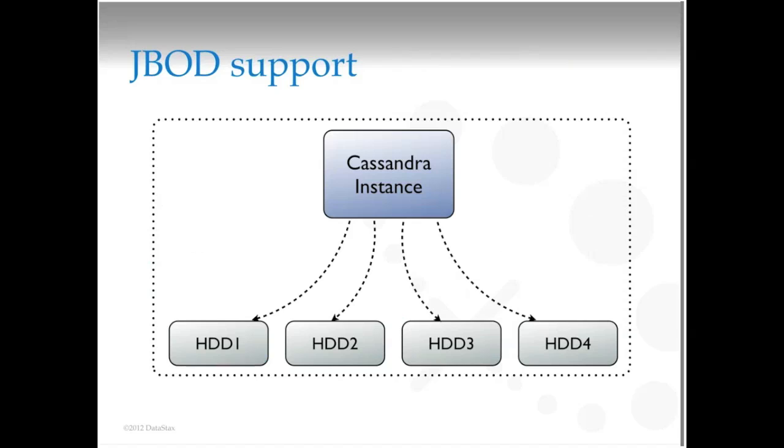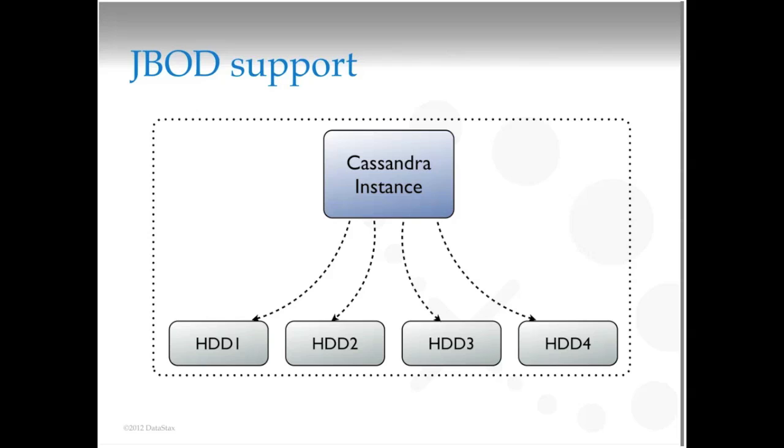So now we're starting to talk about the features that are specifically for that fat node support that I mentioned. The first of those is improved support for deploying in just a bunch of disk configuration. And the relationship that this has with the fat nodes is that Cassandra is already replicating my data for me, 3 times or however many times I've configured it across the cluster. So having to configure RAID on each machine to replicate that locally as well, that's wasting 50% of my disk